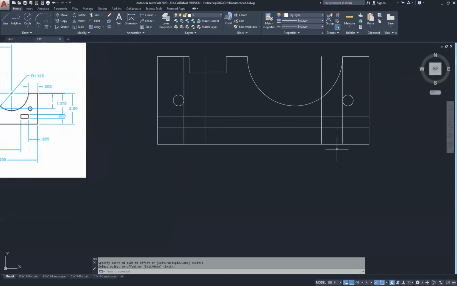So now that I have those in place, I'm going to cut out the rectangles. For this, I'm going to use the trim command. And because each one of these lines is going to be used to cut the other, I'm just going to do a crossing window, selecting in an empty area and moving from my right to my left, selecting all 4 of these lines. Then I'm going to come over here to the right-hand side, do the same thing, use the